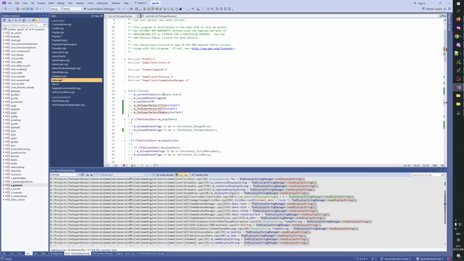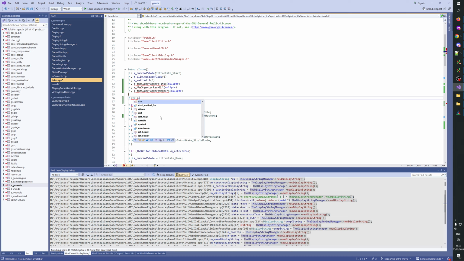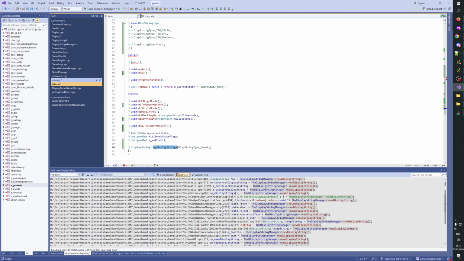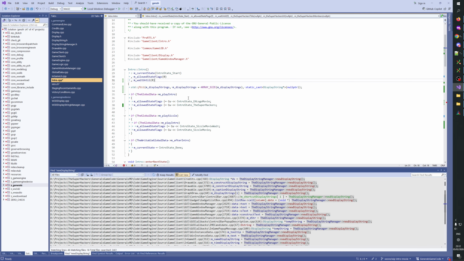Then we do here std::fill, oh boy. std::fill display strings plus array size display strings, comma, nullptr, static cast DisplayString. Okay,